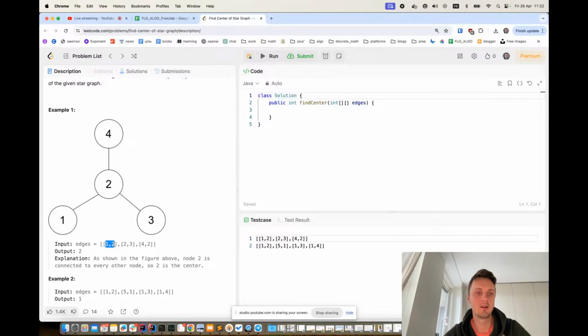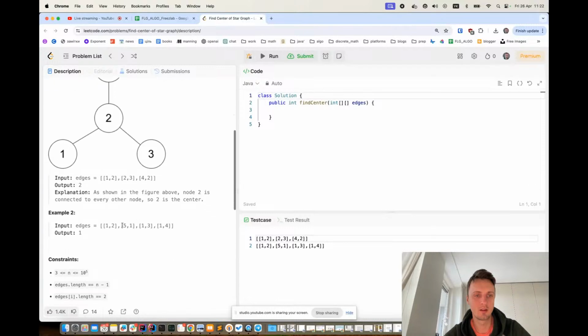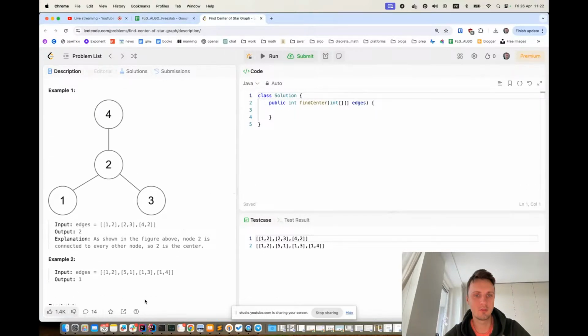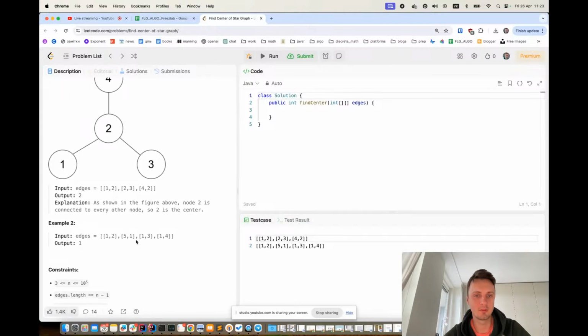So we have 1, 2, 2, 3, and 4, 2. And if we check all these connections, we can find the center. Another example, this one. So we have,